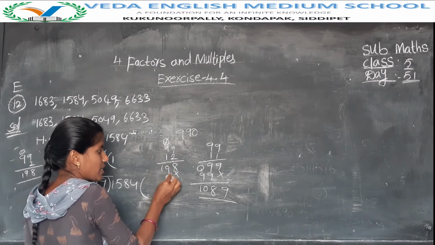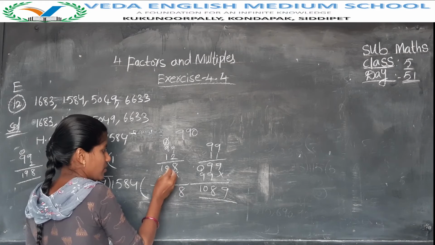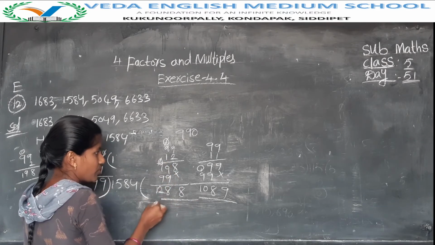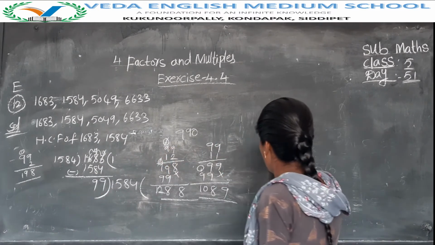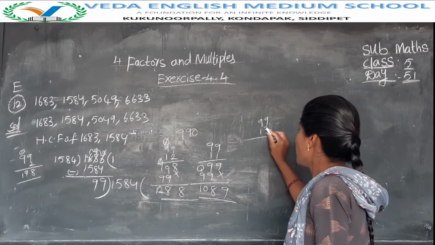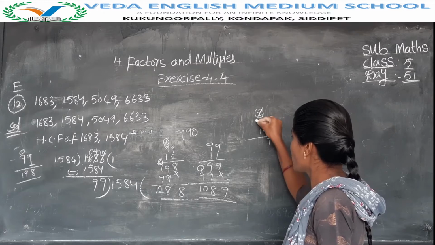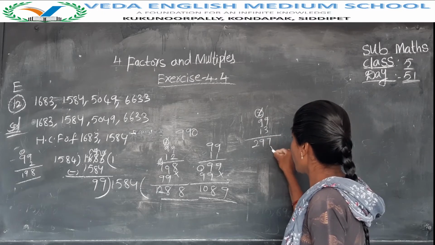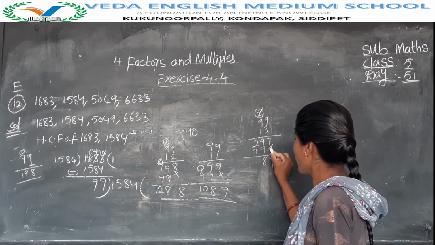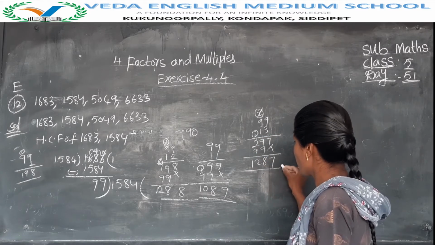1 9s are 9, 1 9s are 9, 8, 9 plus 9 18, 9 plus 1 10, 10 plus 1 12. No. Next 99 13s are 3 9s are 27. 7 here, 2 will become carry. 27 plus 2 29. 1 9s are 9. 9 plus 9 18, 8 here 1 will become carry. 9 plus 1 10, 10 plus 2 12.